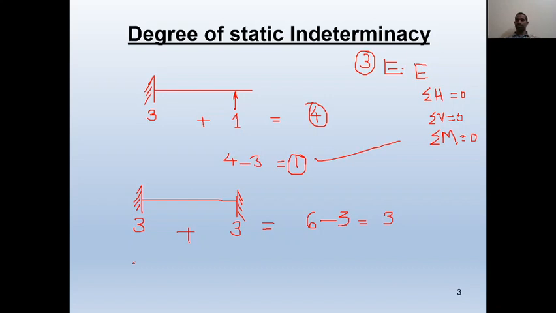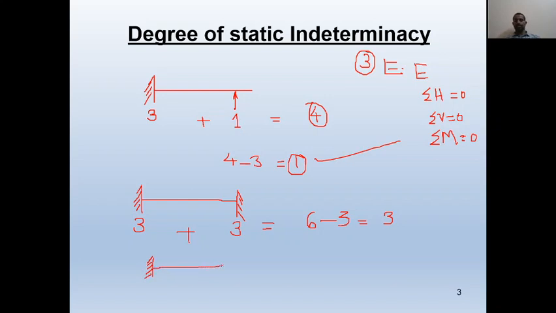Now continuous beams. Till now we have had either one support or two supports, but in continuous beams the supports are more than two. That means if a beam is supported on more than two supports, it is a continuous beam. The supports may be a mix of fixed and roller, but all the supports cannot be roller, because if you apply a horizontal load, the complete beam can slide away. So that is not a structure as a whole.